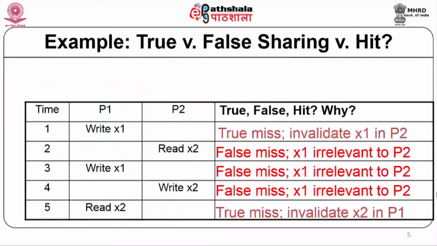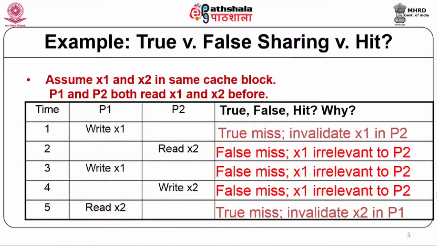So, this is an example showing a true sharing miss and a false sharing miss. Assume that x1 and x2 are in the same cache block. Processes P1 and P2 both read x1 and x2 before. Suppose processor P1 wants to write x1. This is a true miss. Because it is doing a write operation, it will invalidate the x1 value in P2 by invalidating the